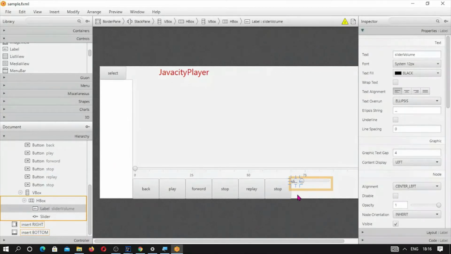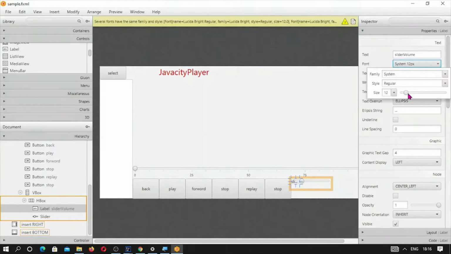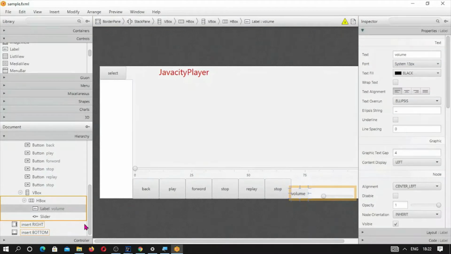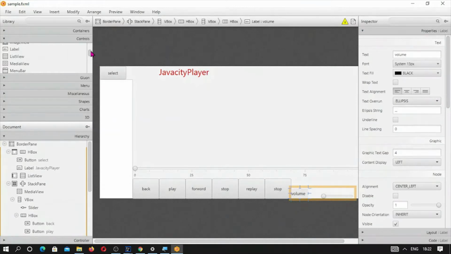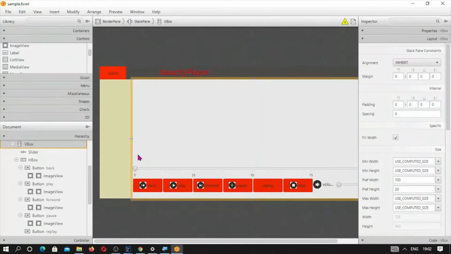Now we have to fix the size of this. Let me fix it a little bigger. We have set the text of a label. Now we want to put an image view in all labels as well as buttons. So let me fix our view part.